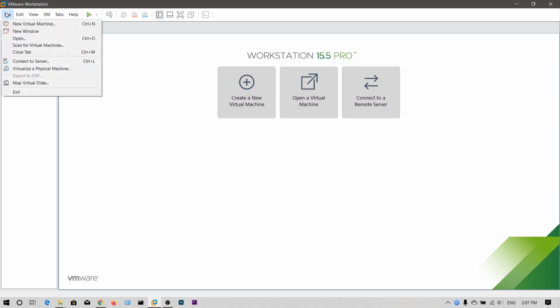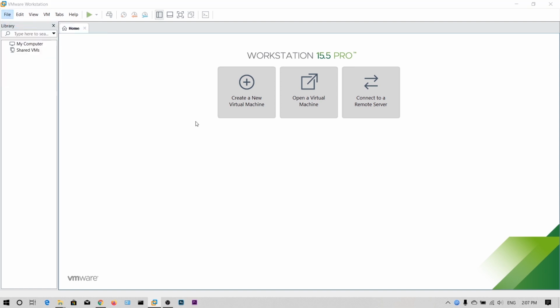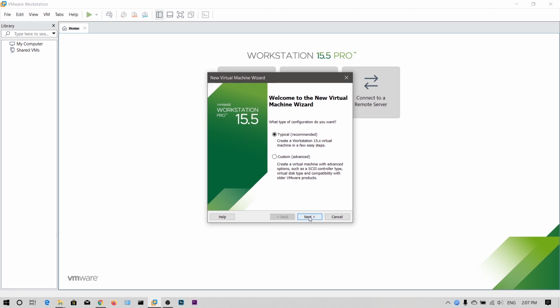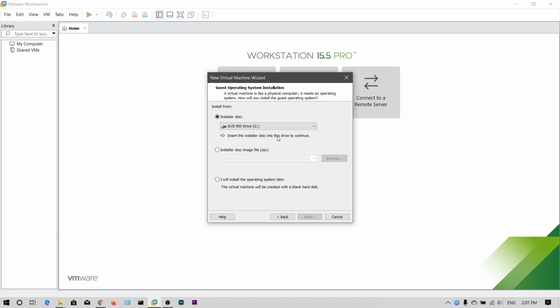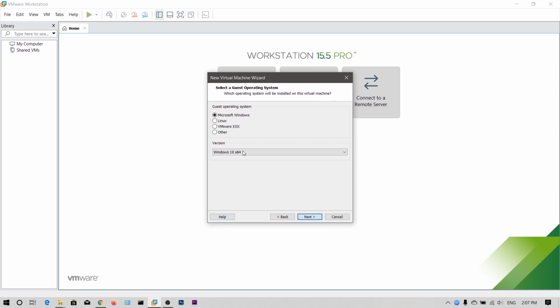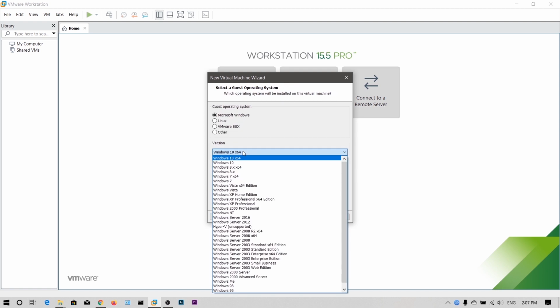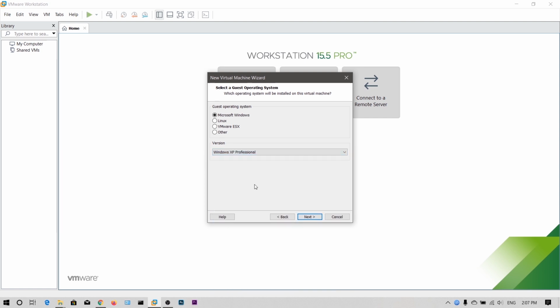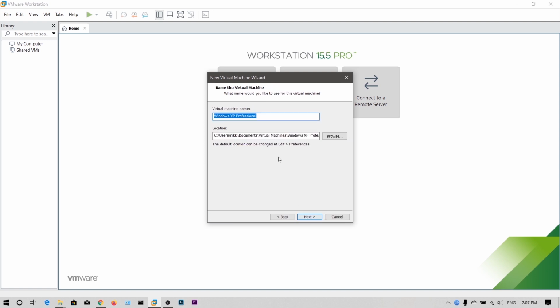Now click on File, New Virtual Machine, and then choose Typical and click Next. Now select this third option and click Next. Now we need to specify which OS we want to install. That's Windows XP Professional 32-bit.